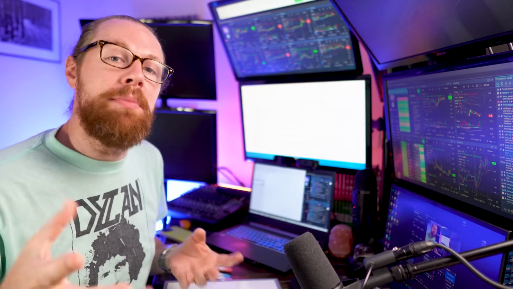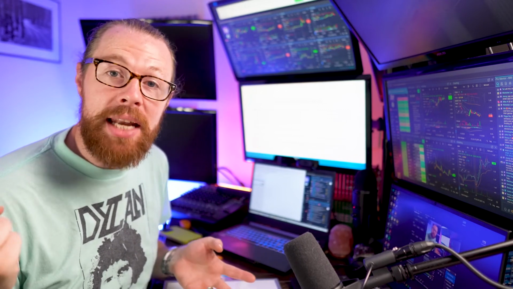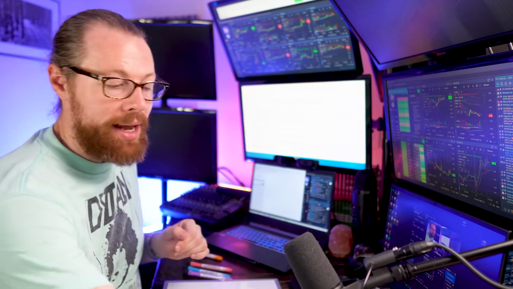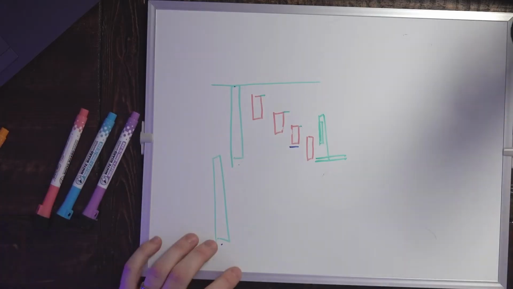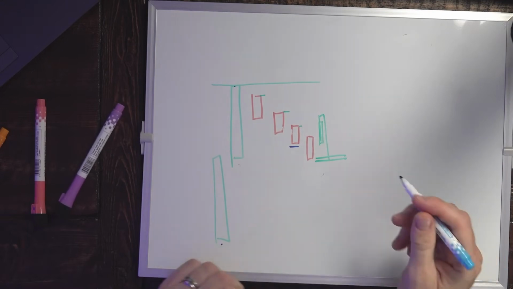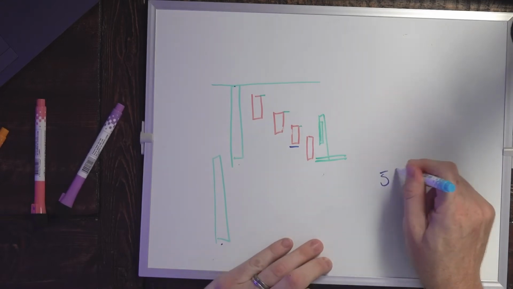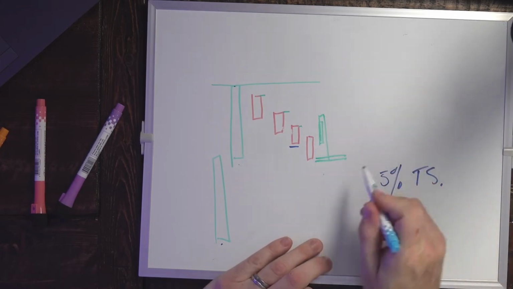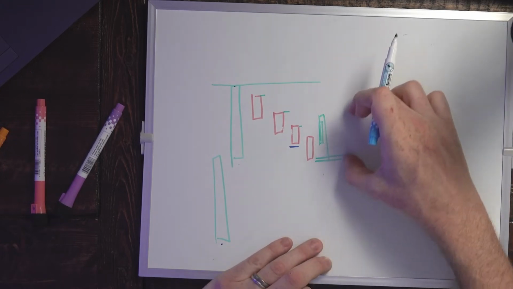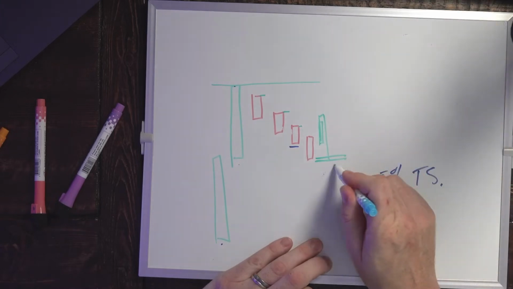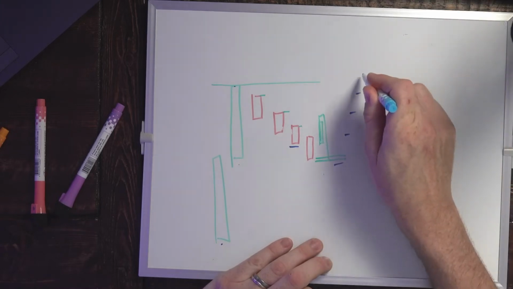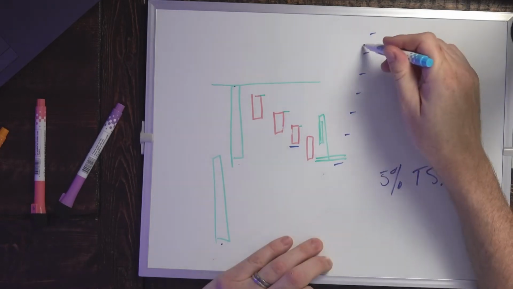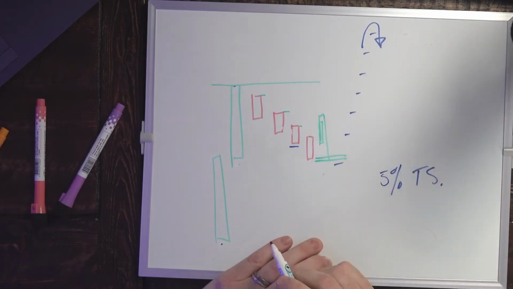But in a colder market, maybe I'll sell half when I'm up that 10% and then hold the rest with that trailing stop. So there are different types of trailing stops you can use. You can use an actual live trailing stop, which if you did a 5% trailing stop, then as the stock moves up, your stop moves along with it. So your stop just keeps moving up and stays 5% below the high. And then as soon as the stock turns around, you get stopped out.